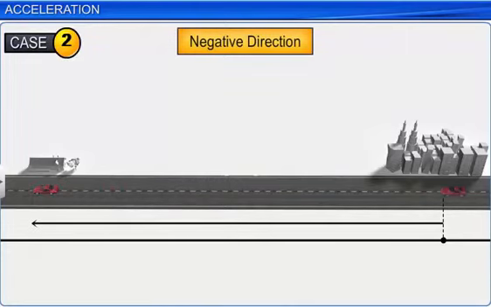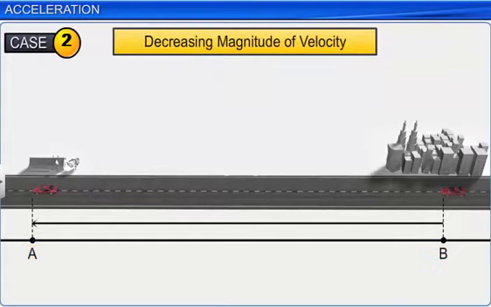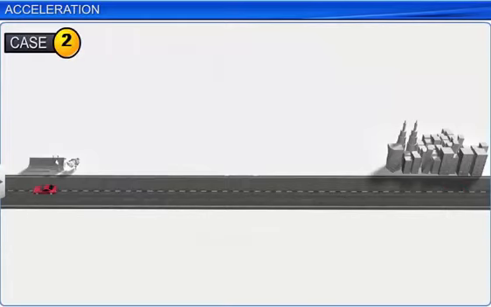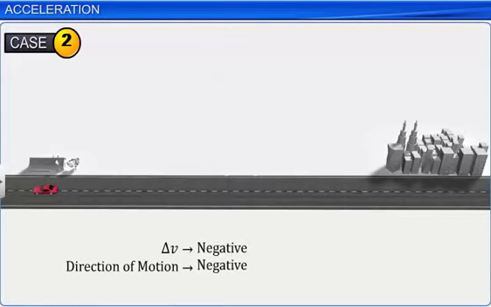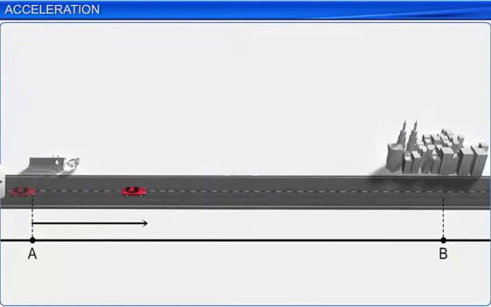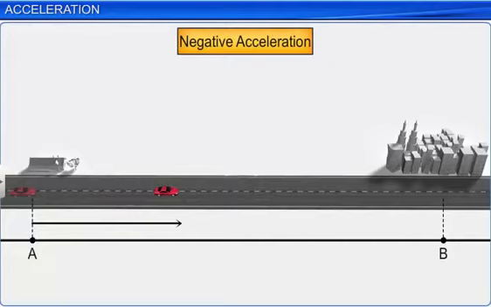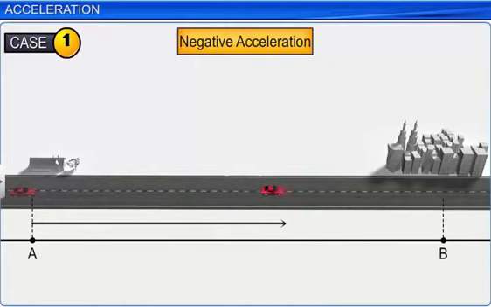Now coming to negative acceleration. So in case of negative acceleration, object is moving along positive direction from A to B with decreasing velocity. It is moving along positive direction, but its velocity is decreasing, means velocity at A is greater than velocity at B. So thus delta V is V2 minus V1, that will be negative, but direction of motion is positive. So in that case the acceleration will be negative. Though it is moving in positive direction, change in velocity is negative. So thus its acceleration also will be negative.